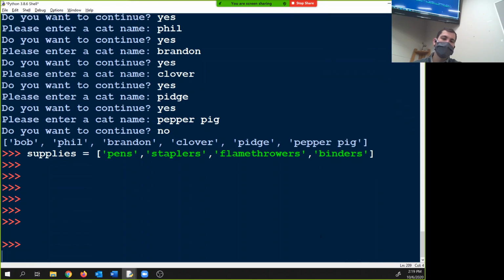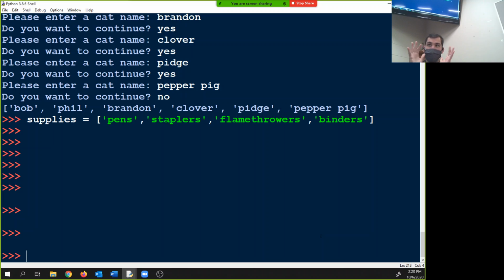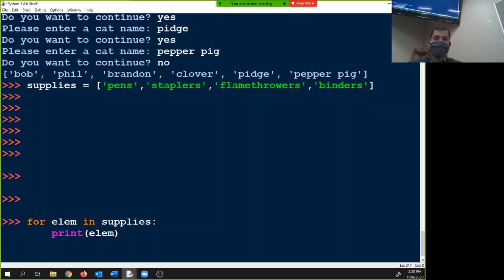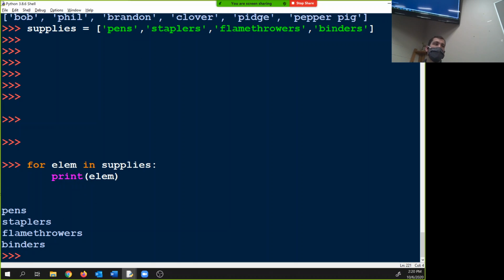So here's our supplies list. We have pens, staplers, flamethrowers, and binders. It's like a Mythbusters school. So, how would I print the individual items in supplies using a loop? Any ideas? For elements in supplies. Like that? Yeah. Nice. So what this is doing is, for the element in supplies, what makes up the list